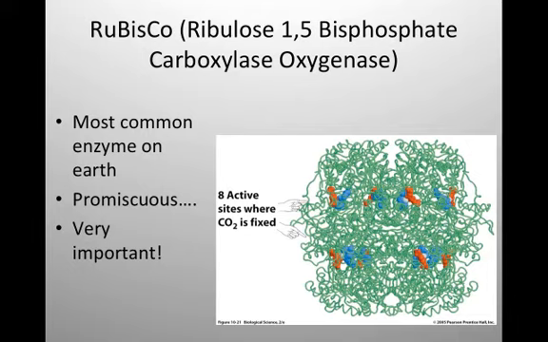Why is it important negatively that RuBisCo can bind to oxygen? And how evolutionarily do you think this came about or became of some importance? All right. It's a great question and something I love to discuss. So I'm not going to go over it totally now, but please ask me in class because it's very important